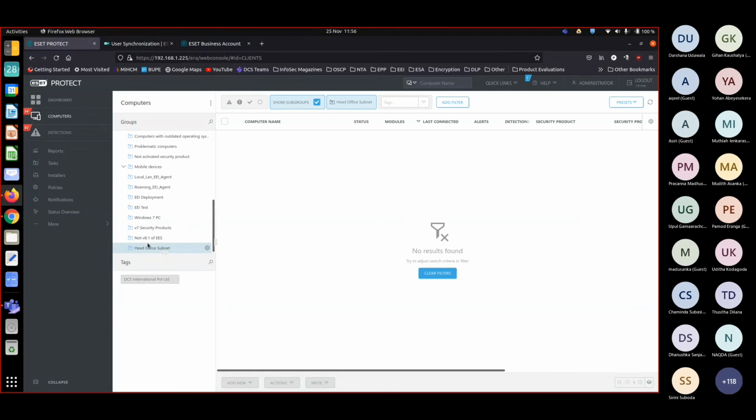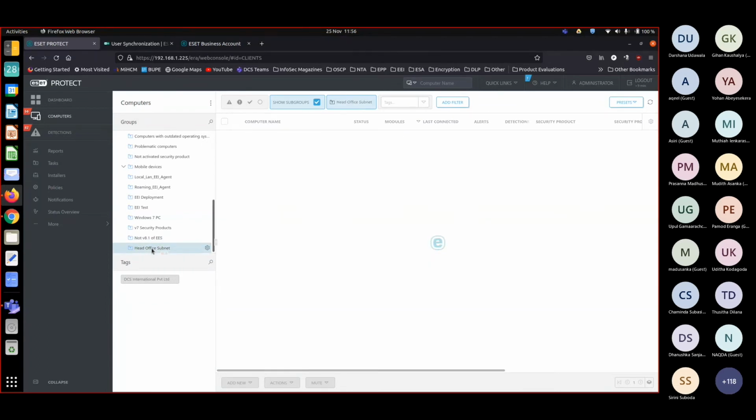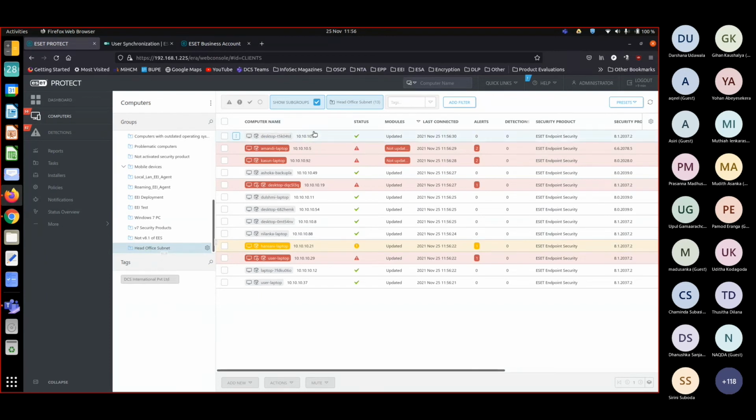It will take some time. Okay, if you go through all these machines, you can see that every machine that's filtered out is in the 10.10.10 subnet. According to your environment, you can put your own subnet. It's the same rule with a different subnet. So that should work for you.